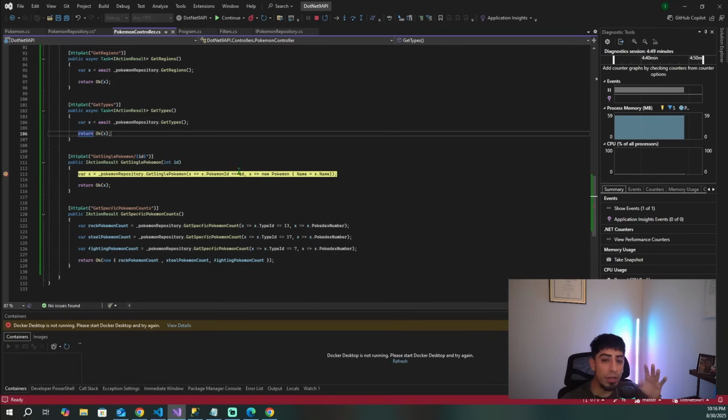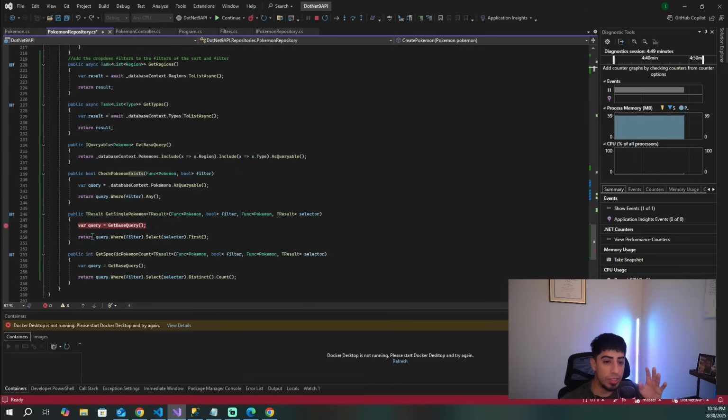So what we're doing here is we're passing in the ID into get single Pokemon, which is this one right here. We pass in a func of the filter, and then we're passing in a func for the selector, because our filter is going to go into the where, and then our selector is going to go into the select. So I hope you guys are starting to see kind of how powerful this is, where we're passing in any filter and anything to select, and it will just grab the first Pokemon or first item that it has,